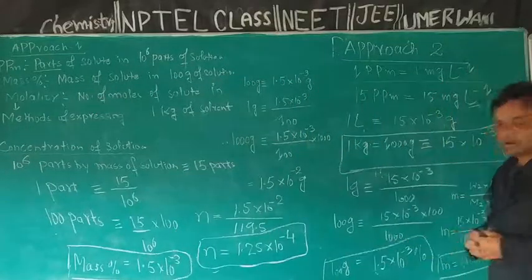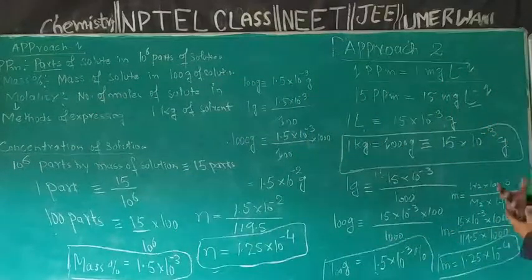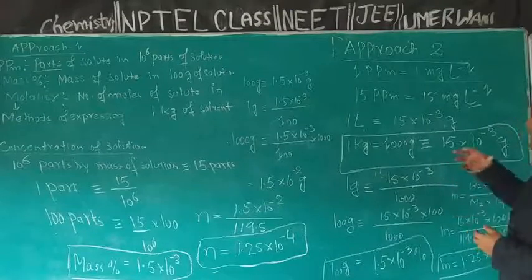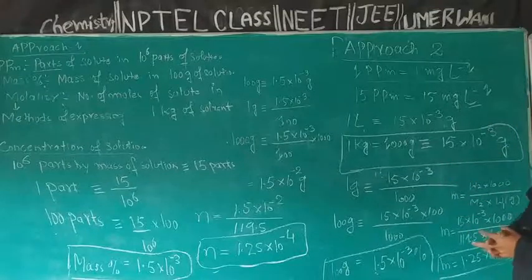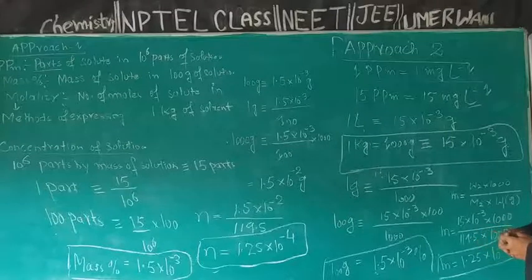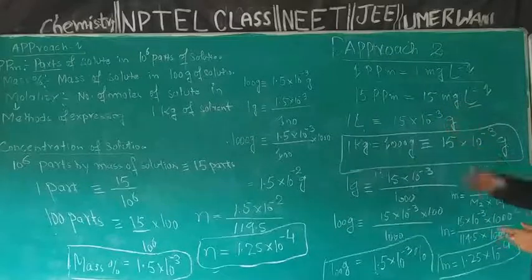Next approach, I can use another approach in order to solve this problem, and in approach 2 I told you to remember this idea that 1 ppm means 1 mg, 1 milligram per liter. 1 ppm means 1 milligram of solute is present in 1 liter. Therefore, given 15 ppm will represent 15 milligrams of solute